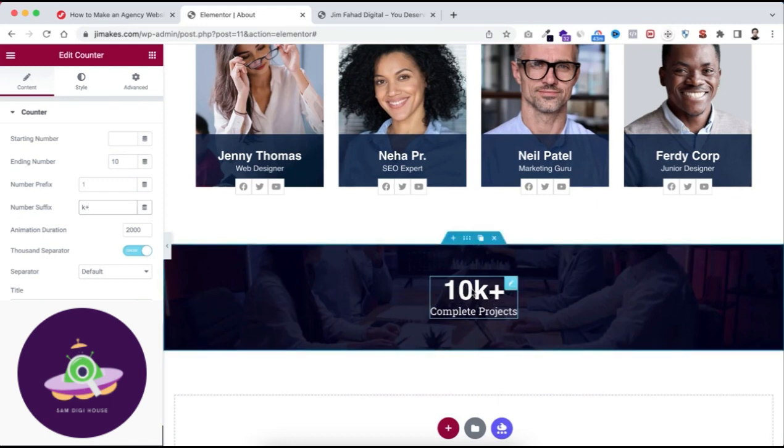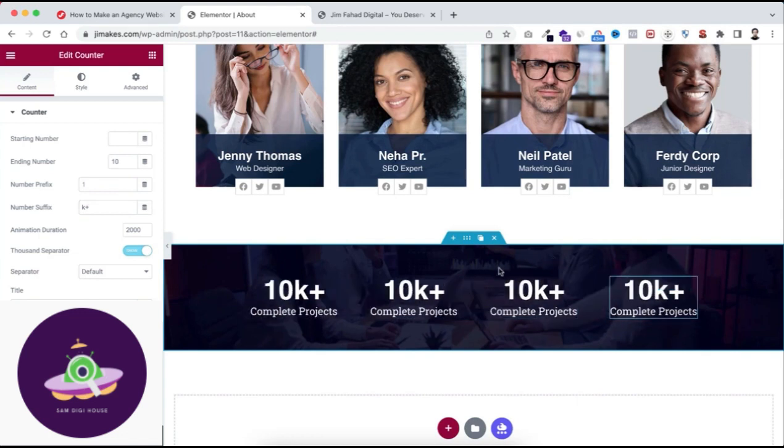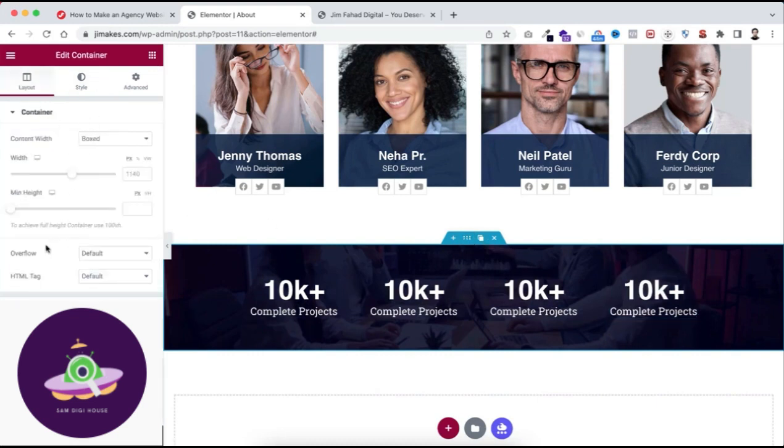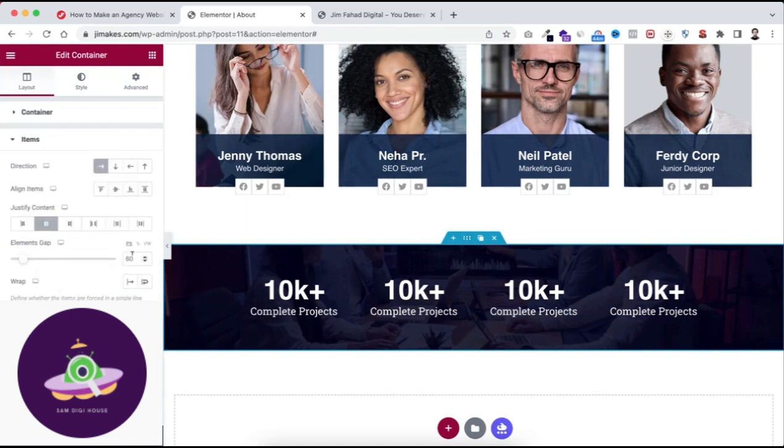Alright, now I just want to duplicate this counter a couple more times, so let's duplicate it. Now I'm duplicating it one more time. Let's duplicate it one last time. And if I now select this main container, now go under its layout. Now I wanted to tell you why I have taken the elements gap to 60, because if I take it